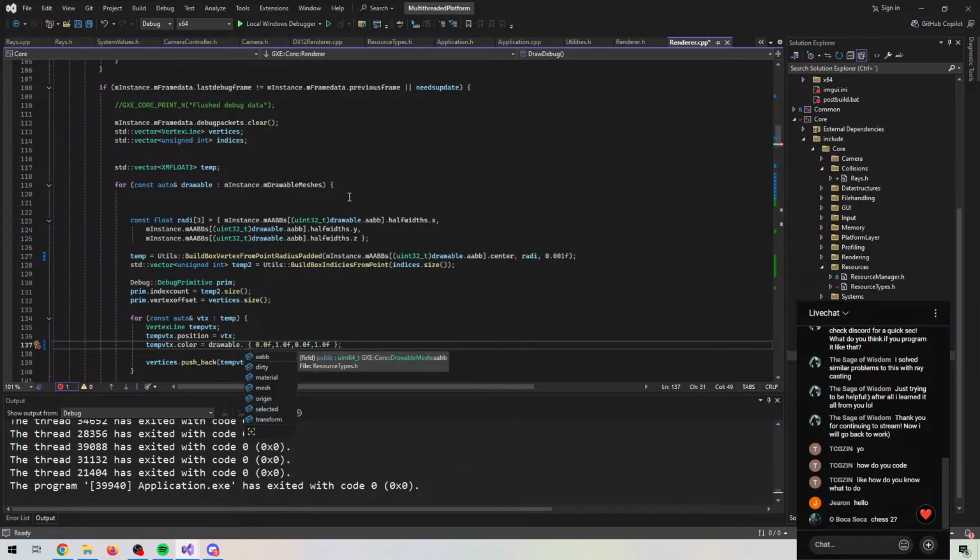Draw ball. Selected. We create it with the red color. Debug information if it's selected. Otherwise we